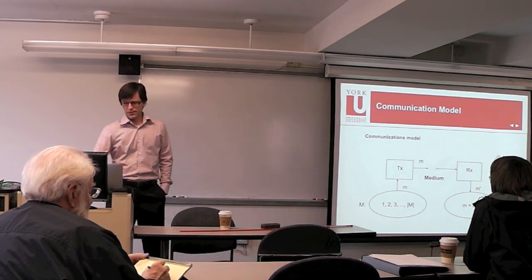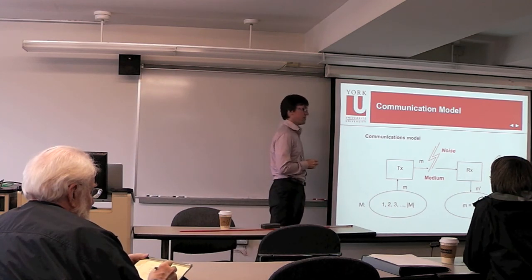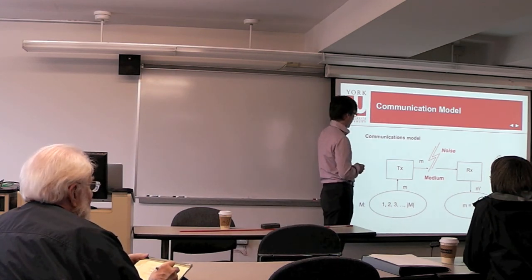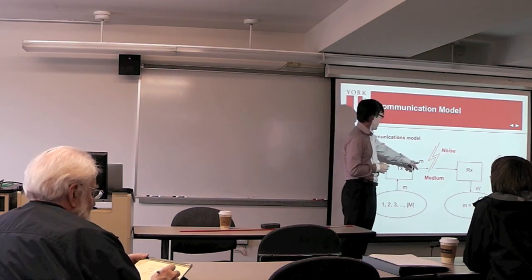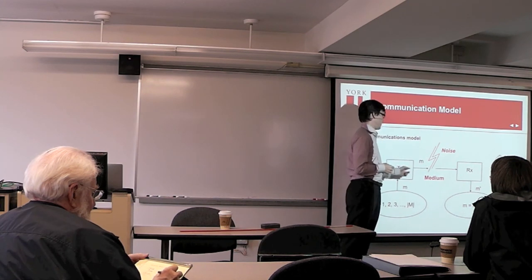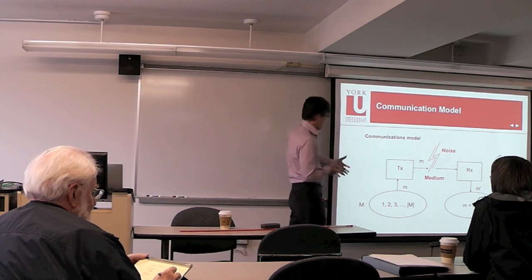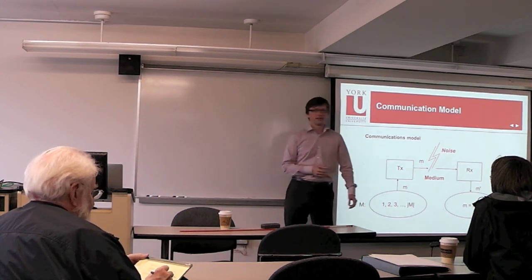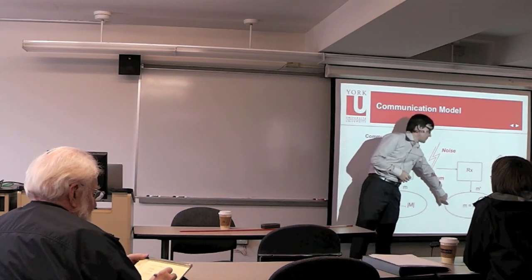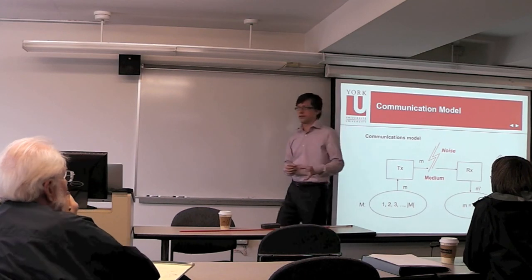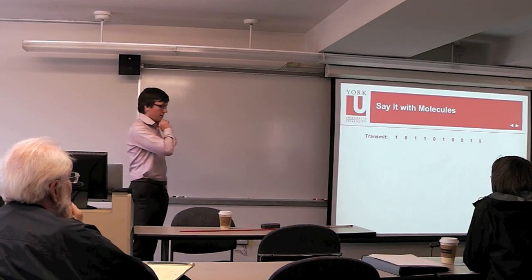What makes this problem non-trivial is that there's generally distortion in the medium. So if there were no distortion in the medium, then there would be really nothing to solve here. But the field of information theory is basically all about, given that this message is distorted on its path from transmitter to receiver, what is the maximum number of messages that I can transmit within a certain period of time, and ensure that it is still reliable. In other words, I have arbitrarily high probability that the guess will be equal to the originally transmitted message. So the question